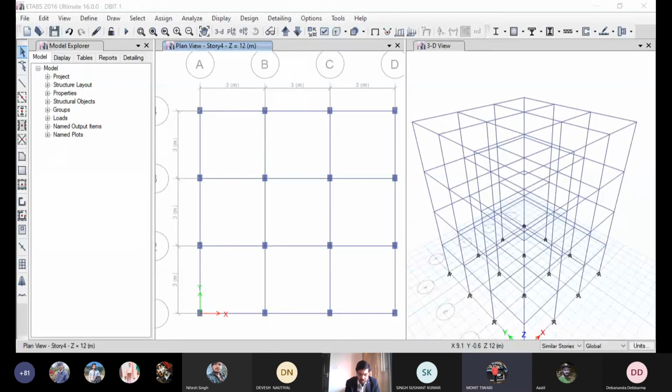What is the difference between StatPro and ETABS? StatPro is a software which is used for all types of structures, right? Yes. We can make dams, bridges, circular tanks, water tanks, n number of structures in StatPro. So the editing options are more, correct? But what is ETABS? ETABS is a concentric software for high-rise structures. The most famous structures like Burj Khalifa and many more are made on this ETABS platform. Why? Because it is more precise for multi-story frame structures.